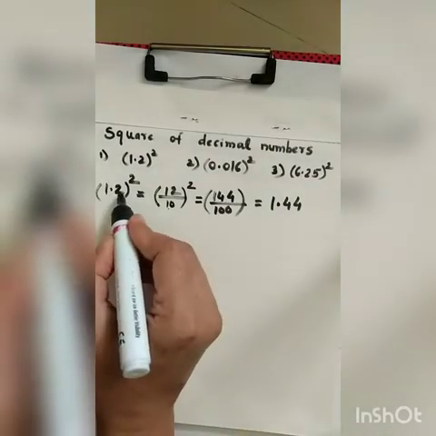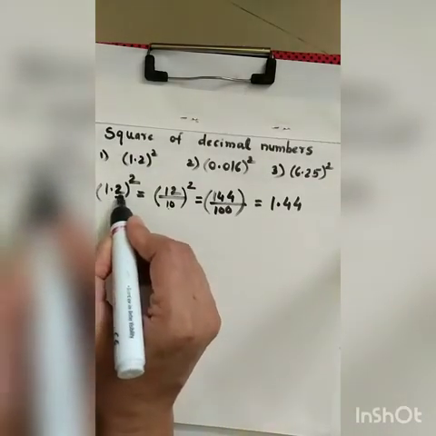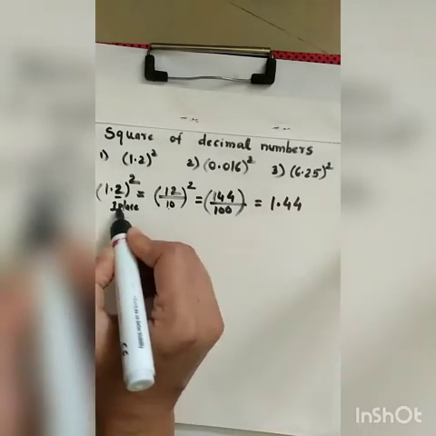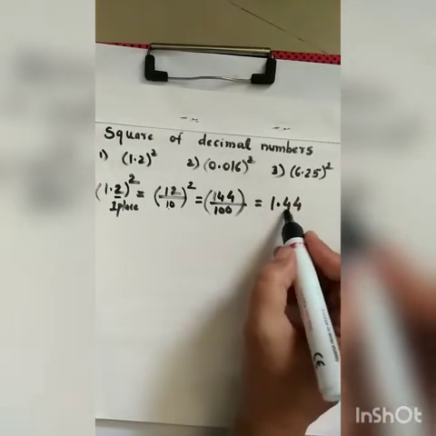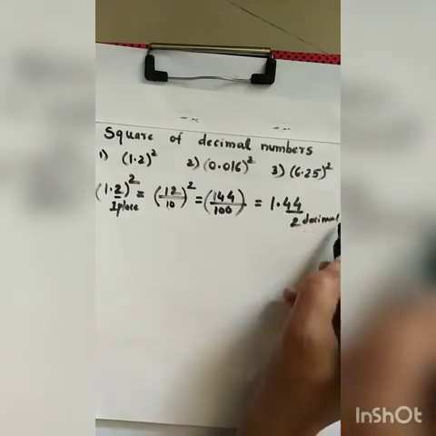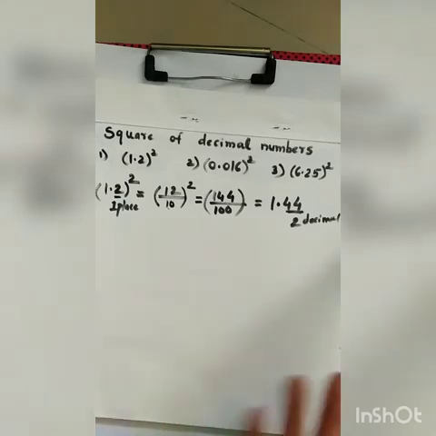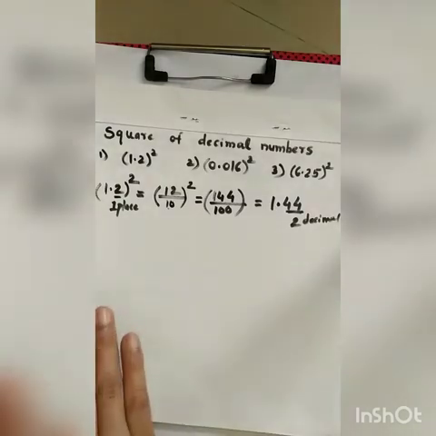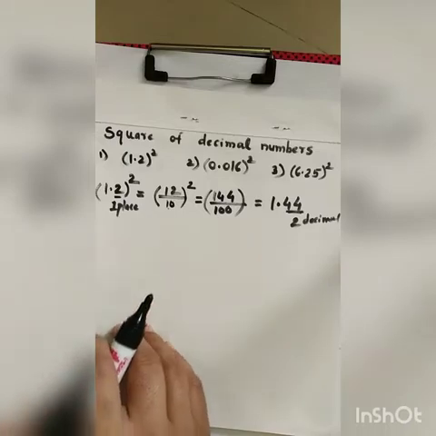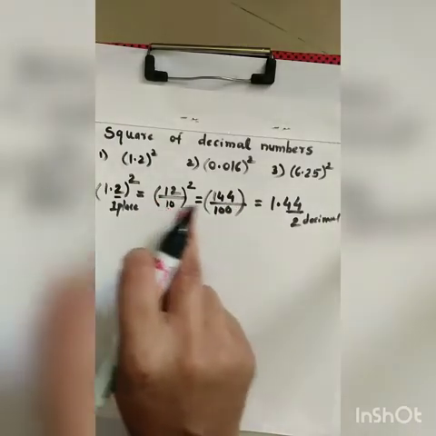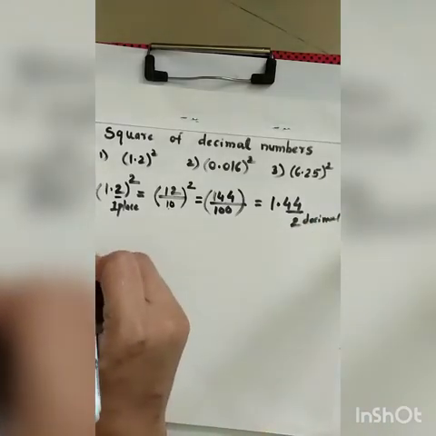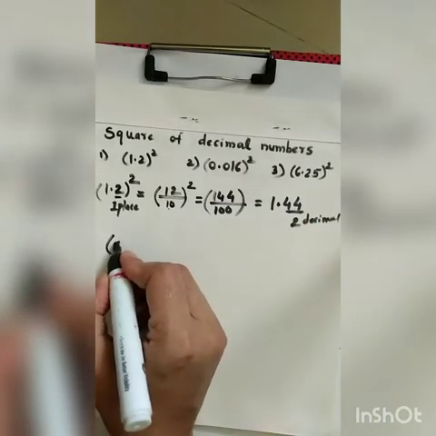So as the number has one decimal place, its square has 2 decimal places. So the decimal places become double when we find the square of the number. Now, without doing these 2 steps, you can also find it directly. Let's see how. In the second example,